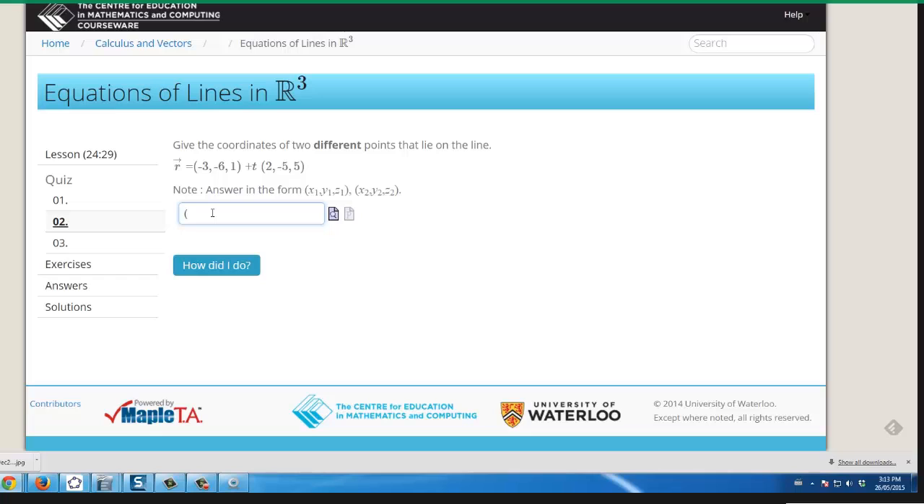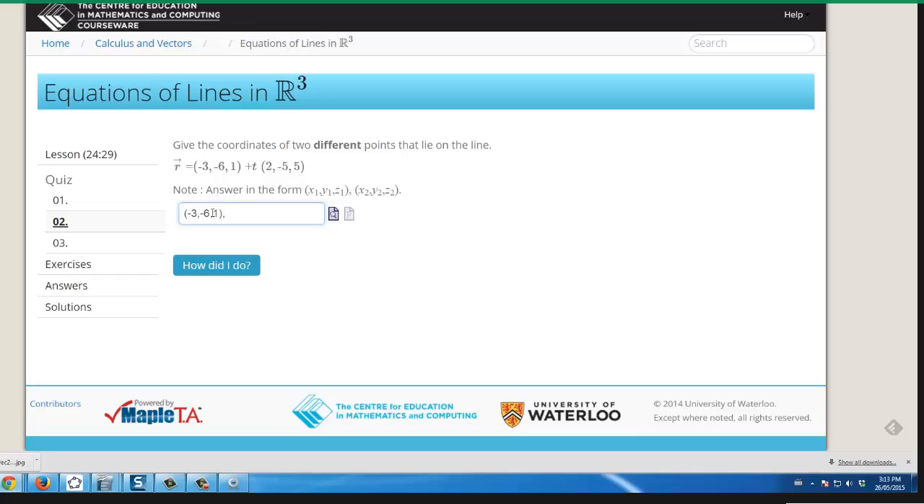RJ, I want you to give me 1 point that lies on that line. Oh, you lazy, I see what you're doing. RJ's got the giantest smile on his face right now. Negative 3, negative 6, 1. The position vector, the tip of the position vector is in fact a valid one. That's good. A valid one would also be